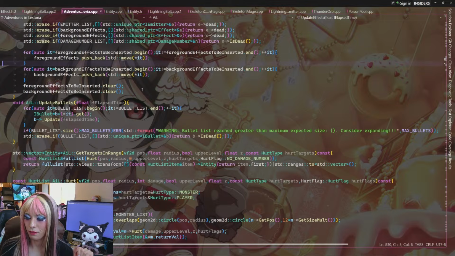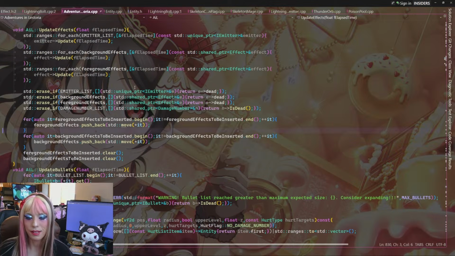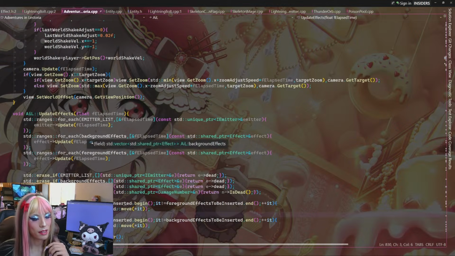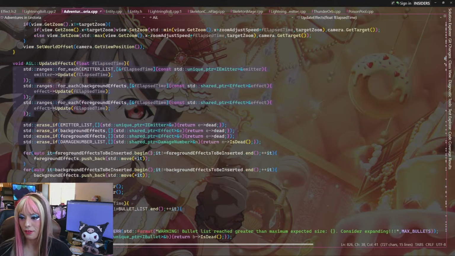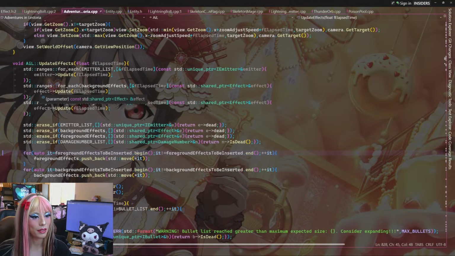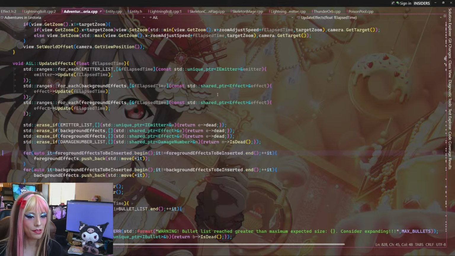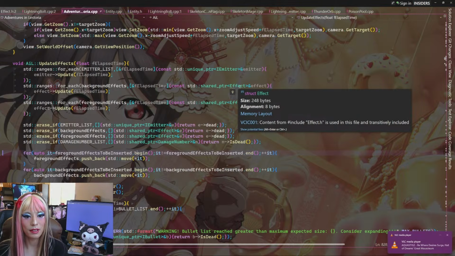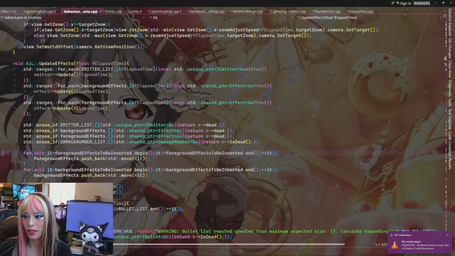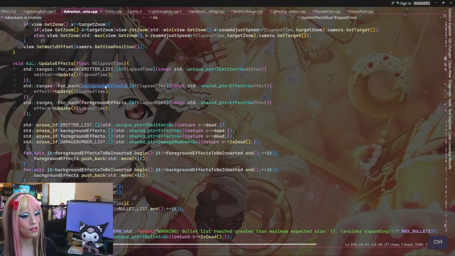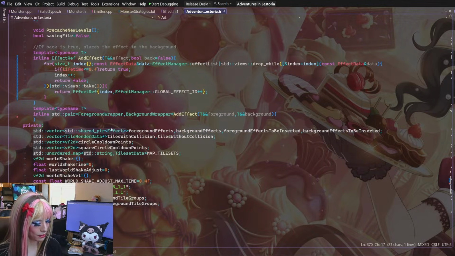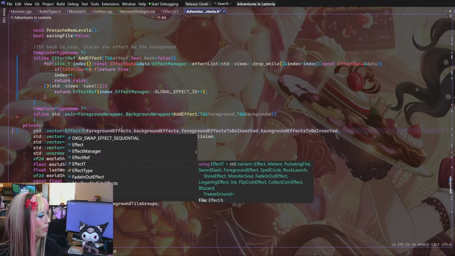So we're in full effect today, implementing the changes we were brainstorming on Friday. So here's update effects. This is the game function that actually does everything for us. And you can see right here, we call effect update. So firstly, this is no longer going to be a list of shared pointers. We're basically getting rid of the fact they are heap allocated and making them stack allocated. So no longer will they be shared pointers of effects. Now it'll just be a vector of effect T's, and it won't even be